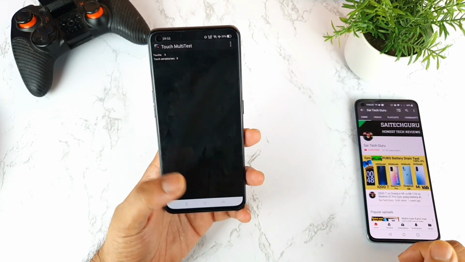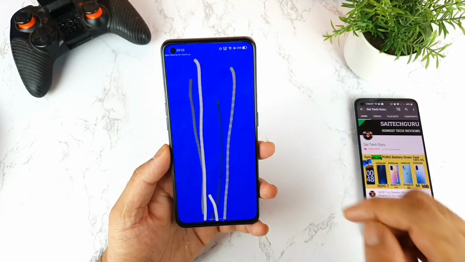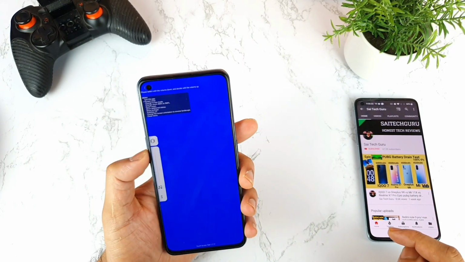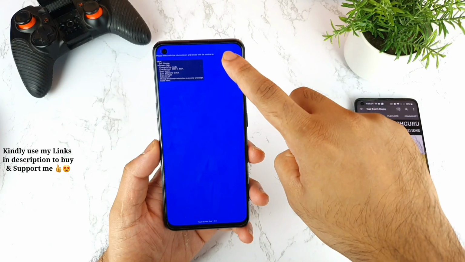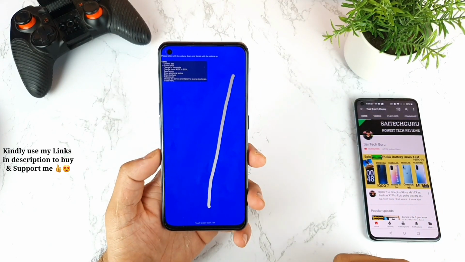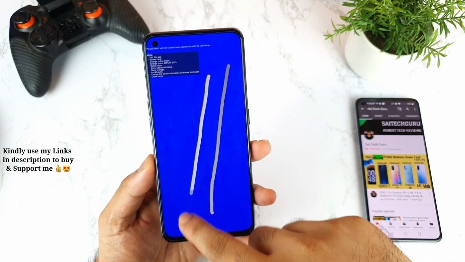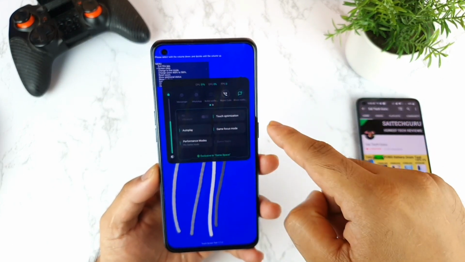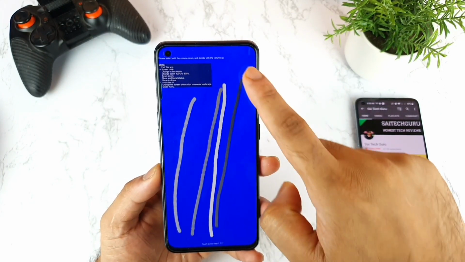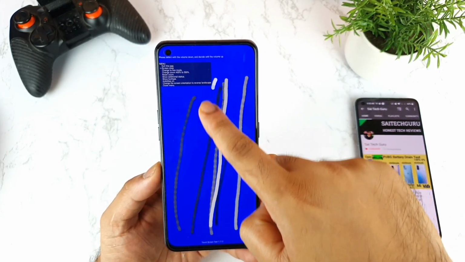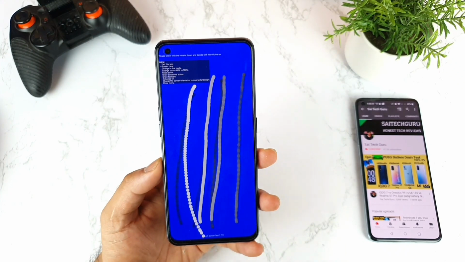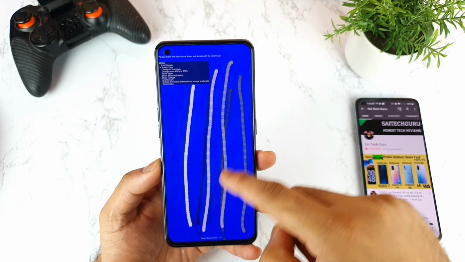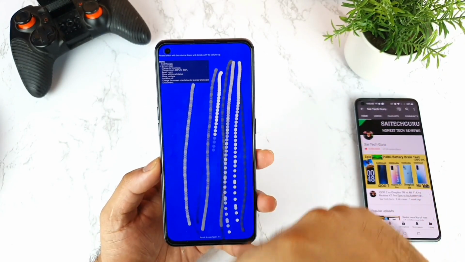So this is the one application I wanted to test, and the next application is a touch sensitivity application. Let me clear the whole screen, everything. So everything is clear. Now let me use the touch screen. It's really smooth. As you can see, it's smooth, not circles. I'm not getting any kind of circles. And this application is also added into the game space only. As you can see friends, it's really smooth, not much problem. As you can see, sometimes I get some circles when I use it at speed.